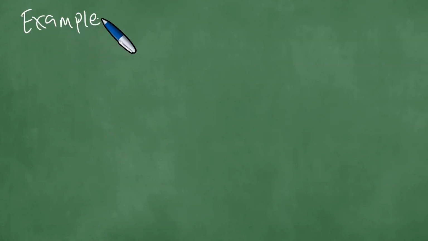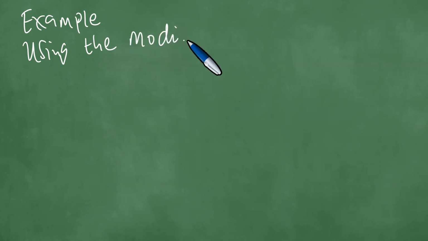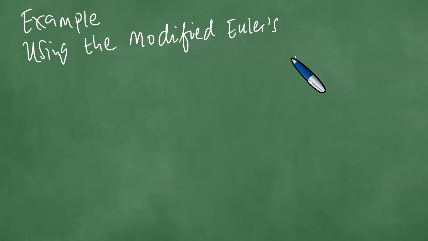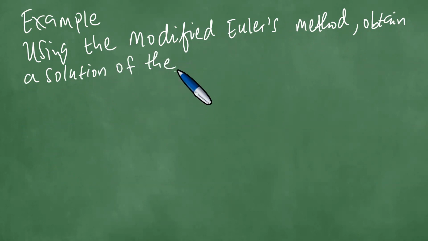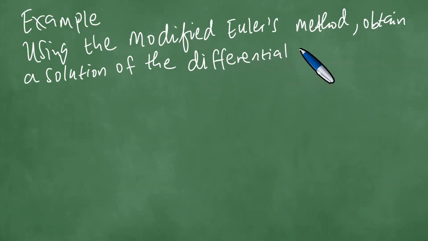If you look at another example, this example says: using the modified Euler's method, obtain a solution of the differential equation